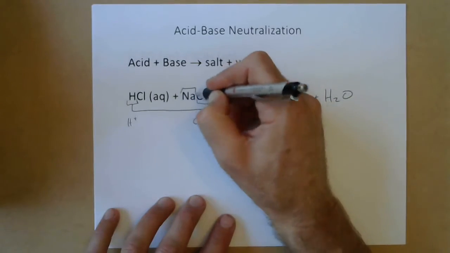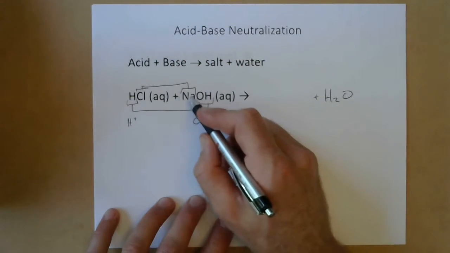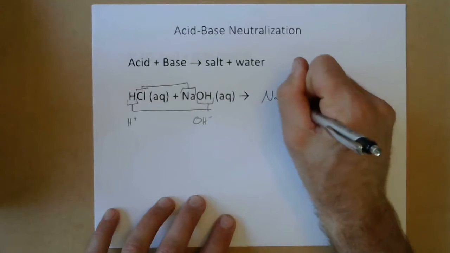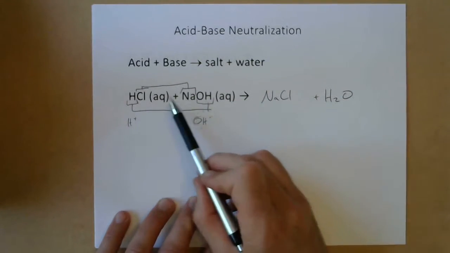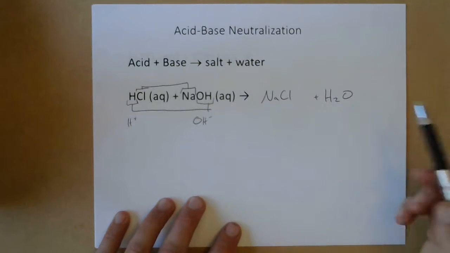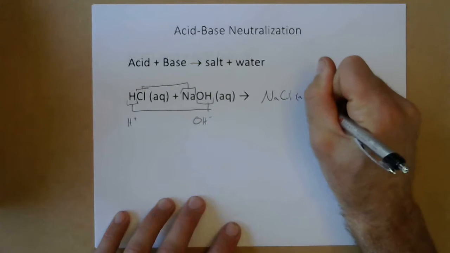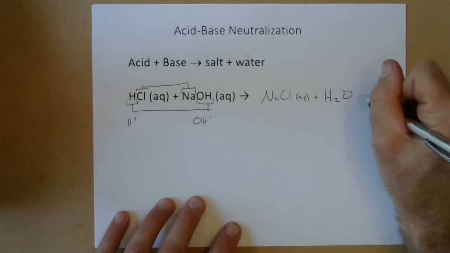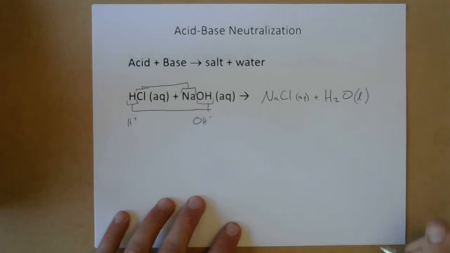And then the sodium is going to pair with the chloride. Okay, so that's going to make sodium chloride, NaCl. And so this is an example of how an acid and a base produce salt and water. This is a soluble salt, so we can write (aq) after it. And then this is water. Water's not really aqueous because it's just water itself, so it's considered a liquid when we're writing the state symbol